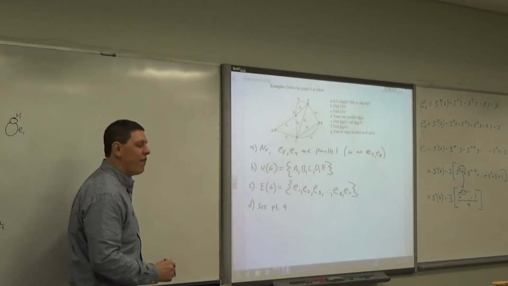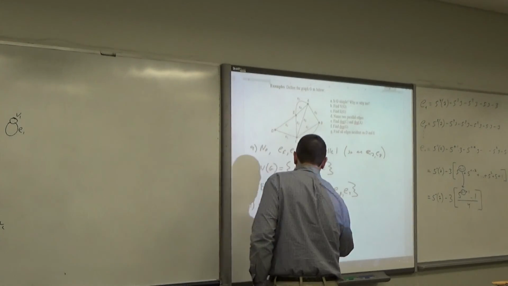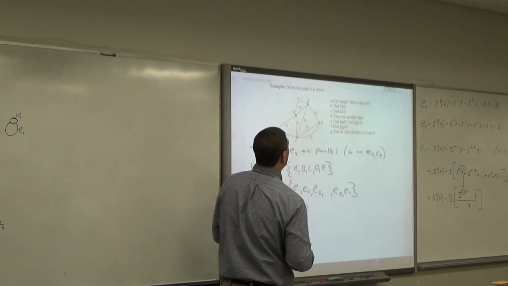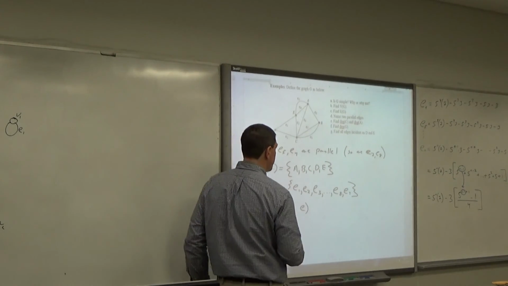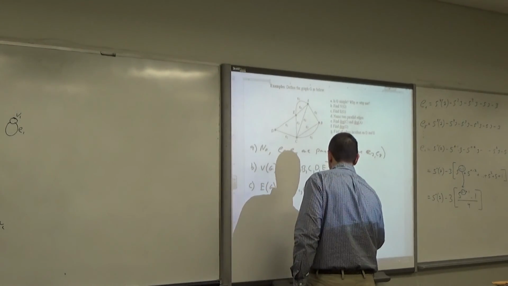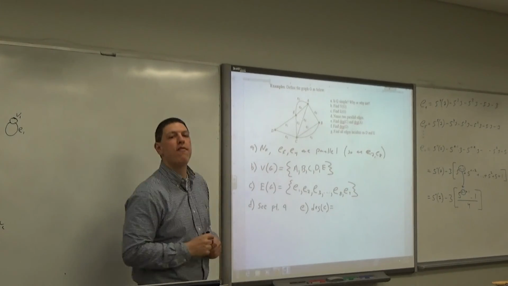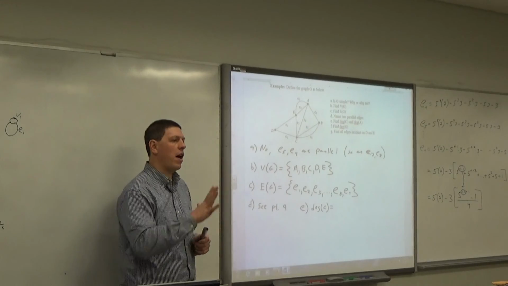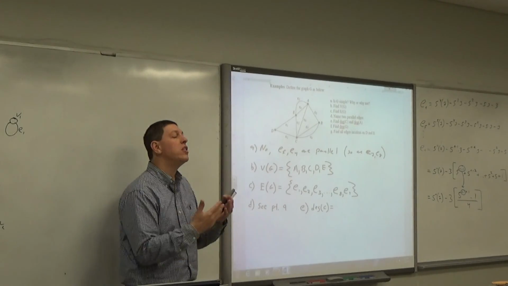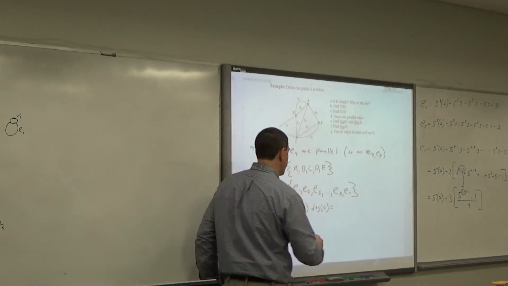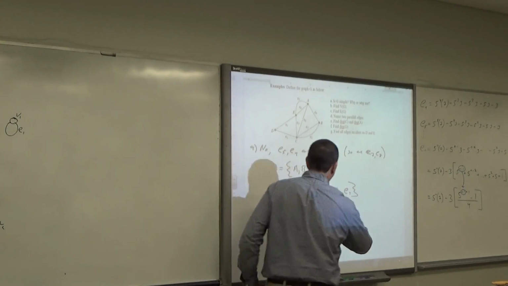Okay, if I wanted to ask you what the degree of vertex C is, okay, so deg C, or degree of C. Guys, what is the degree of vertex C? 5, right? There's 5 edges that are incident upon it, okay? So, degree of C would be